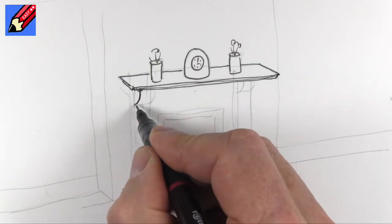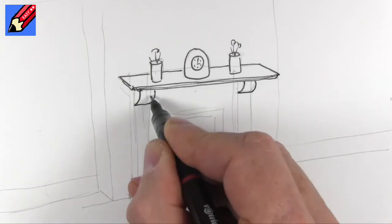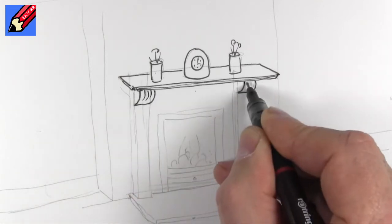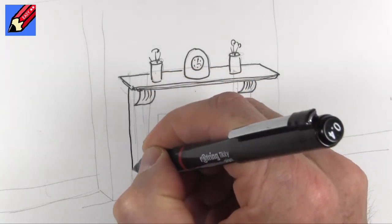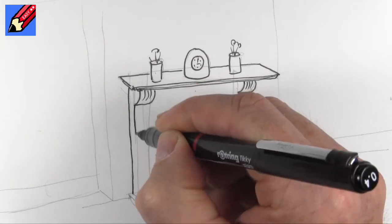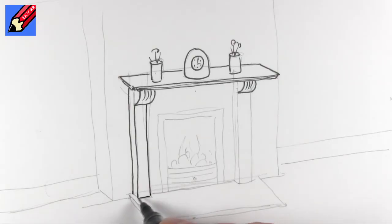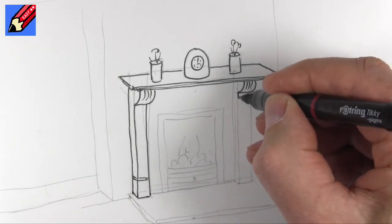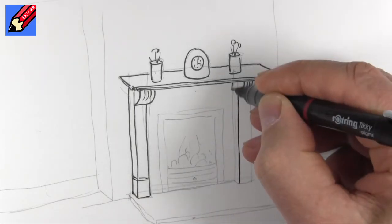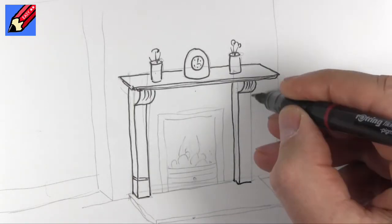Now here we're going to draw these corbels, so there's going to be a curve and a curve, and then we might put some little curves inside it like that, and then we want to come all the way down here and down like that. We might want to put sort of something, little bit of pattern in on the bottom. That will come all the way down, as will that. That will come down there like that,